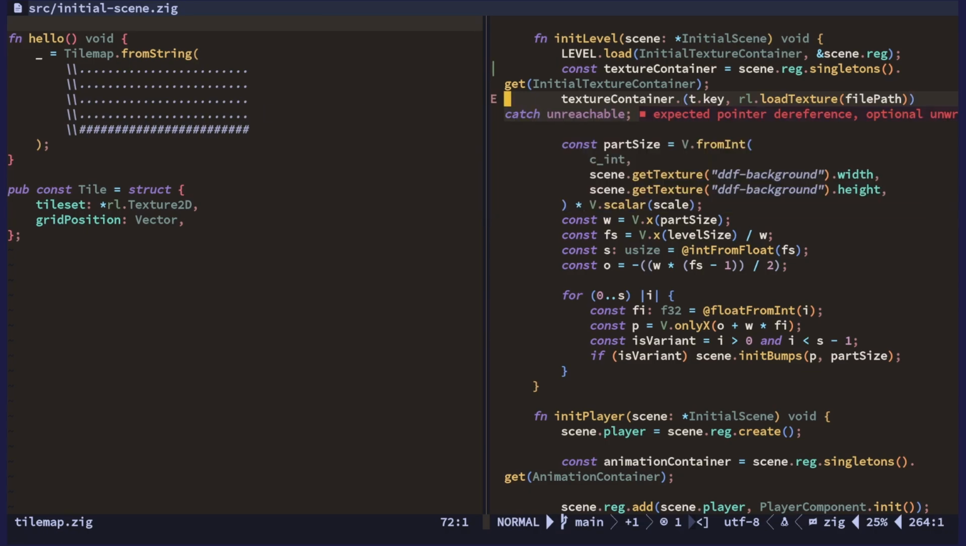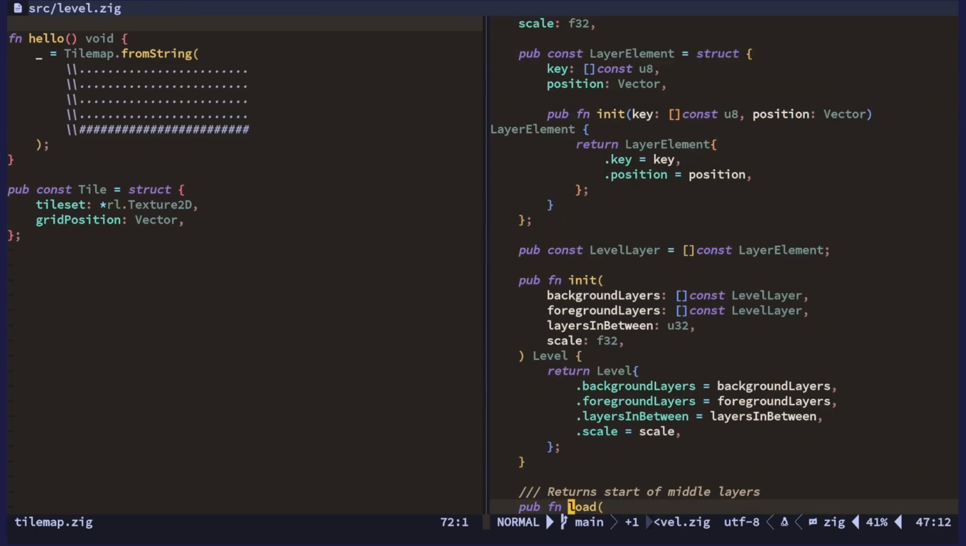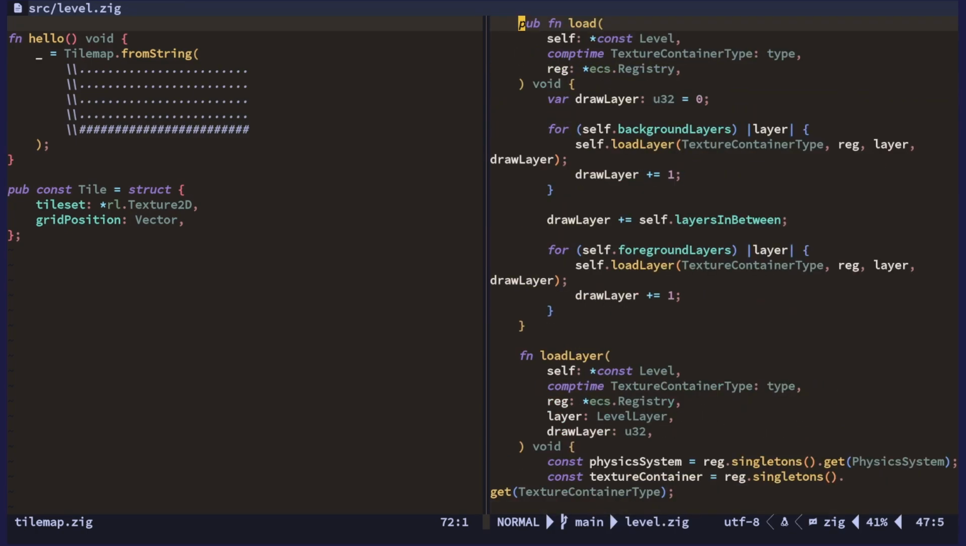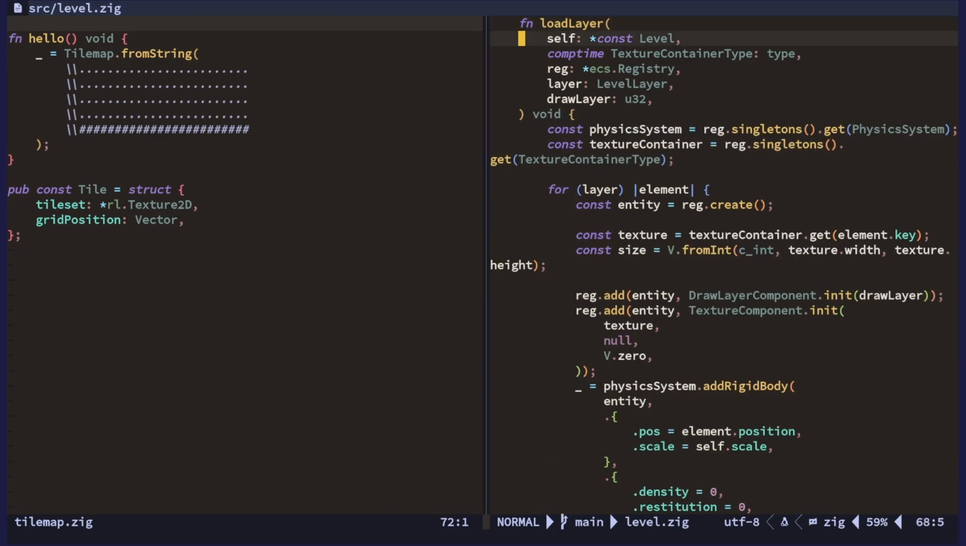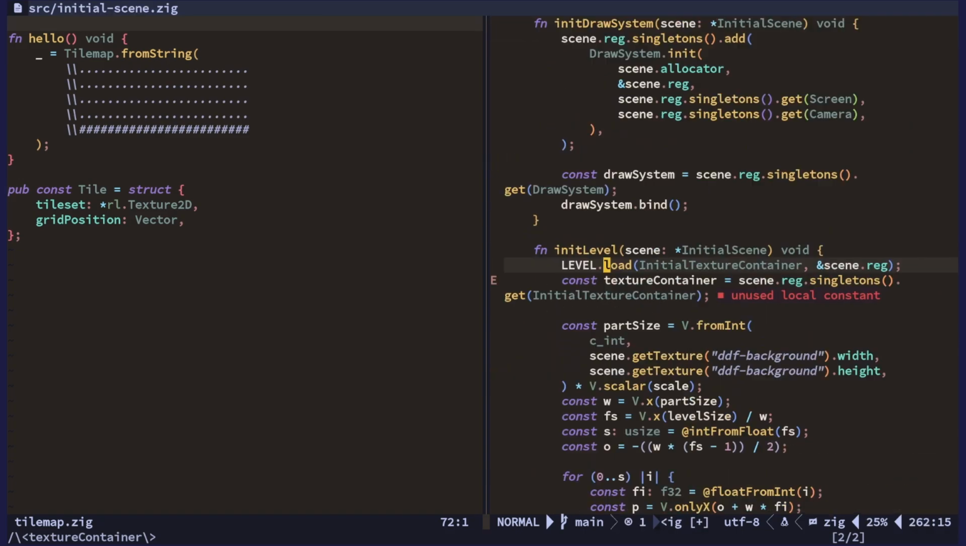Oh, wait. Does it not? Okay, I'm confused. This one. So we load the layer. Oh, but we. Okay, and here's the texture container. Oh, so we just get the texture. So they're already loaded. Okay, so everything there is loaded. Okay, now